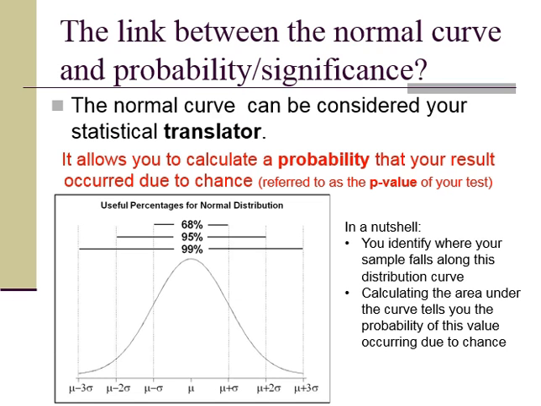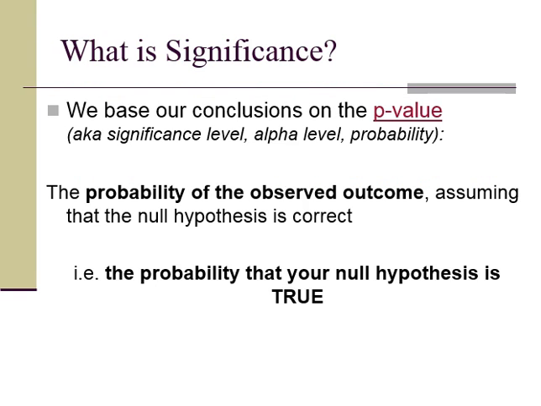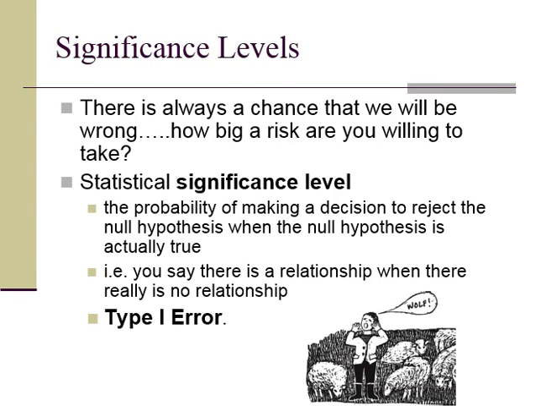So again, we're going to be using this normal probability distribution to determine that p-value, right? The probability that our result occurred just because of chance alone. Right? And this p-value is really testing our null hypothesis, telling you the probability that your null hypothesis is true. For any p-value, any probability greater than 0.05, we're conservative, right? We don't want to say there's significance unless we're really pretty confident it is. So if we come up with a p-value greater than 0.05, we're just going to accept that that null hypothesis is true.